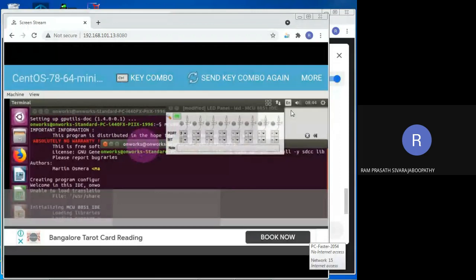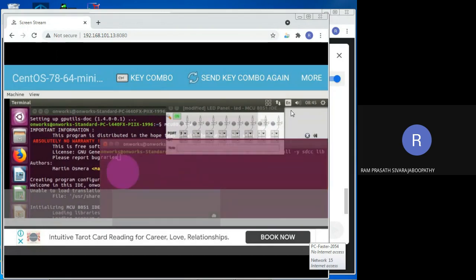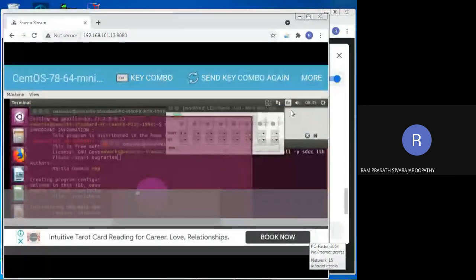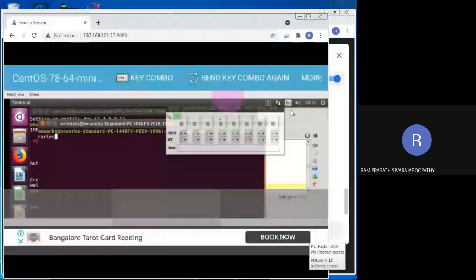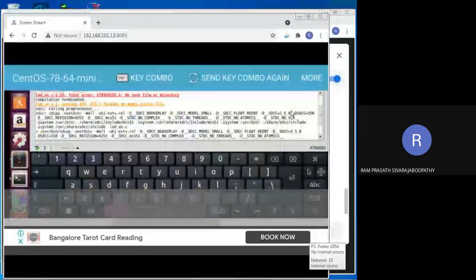Wait a moment. So in terminal, I can see two screens.